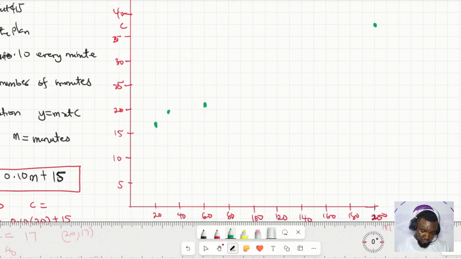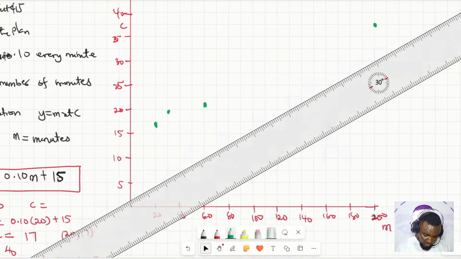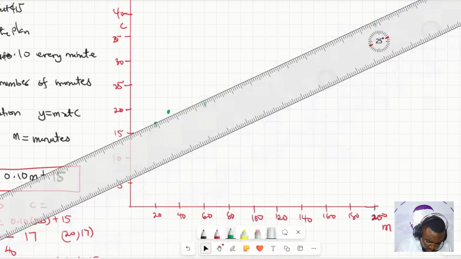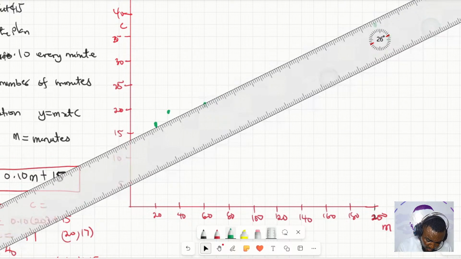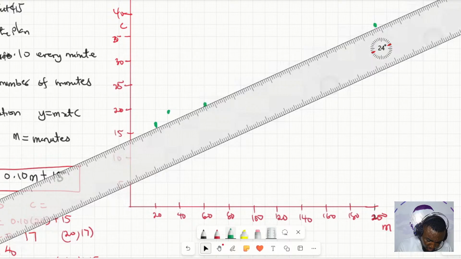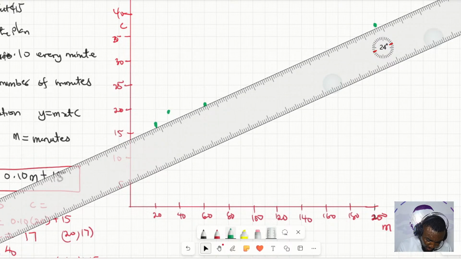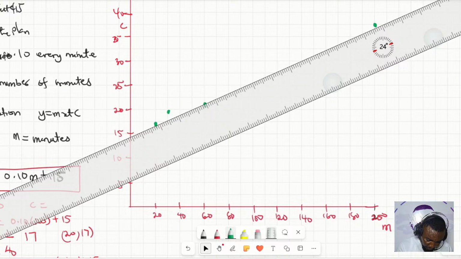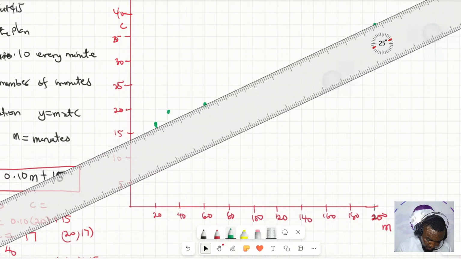So we can have a line. So this 15, this 17. So the line passes through. I mean, I didn't plot the second one well, so we'll come back to plot that. So we want the line to pass through the points here, right? So we'll put the line through,